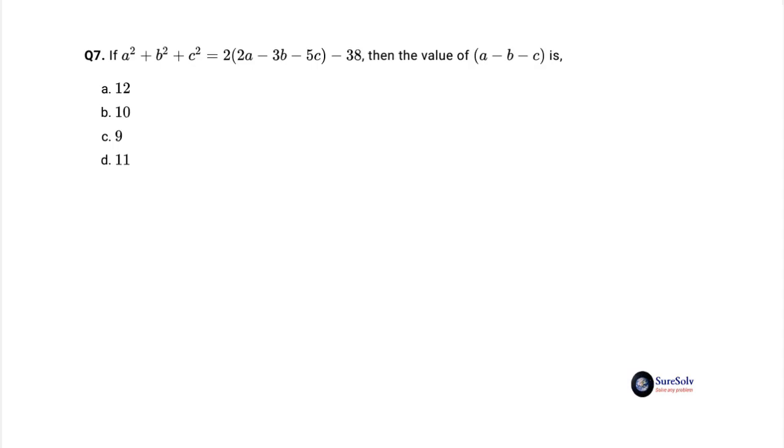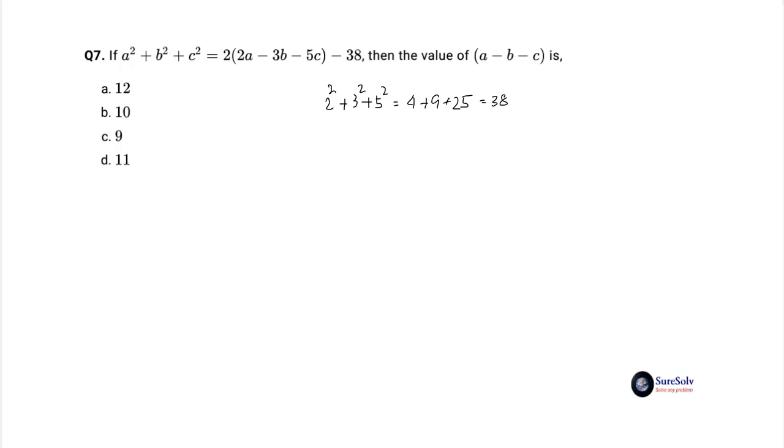You find it infeasible to find the value of a minus b minus c by deductive steps from the given equation. The only possible way to solve the problem should be to transform the given equation to a sum of square expressions equal to 0 and get the values of the three variables directly by the principle of zero sum of square expressions. Though you are sure of this possibility, still for checking, you equate 38 with the sum of squares of 2, 3 and 5 and get 2 square plus 3 square plus 5 square equal to 4 plus 9 plus 25 equal to 38. Your check is satisfied.